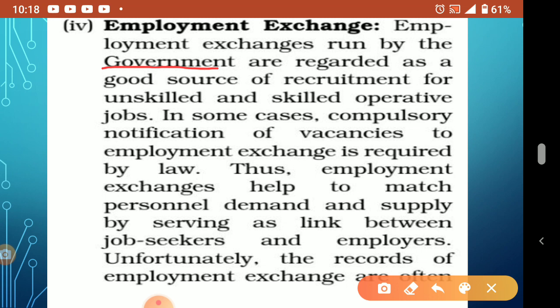You can go with your 10th class certificate, and when you pass 12th class you can go with 12th class certificate. If you do any other professional course or degree or diploma, when you are studying in a computer course, suppose you are getting a certificate, all these things, what you can do, you can register there. So this is with the government, and these employment exchanges, what they will do,